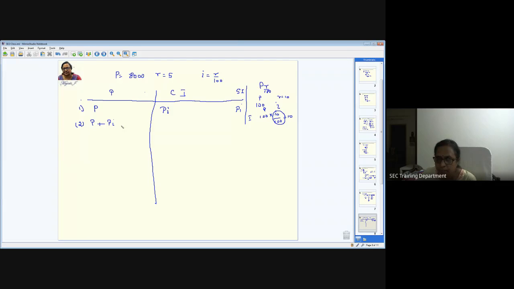So this again you have to calculate interest. As you know that for principal the interest is I. I is nothing but R by 100. So again the same thing for the principal, you get the interest, nothing but PI, and then for this, what is going to happen? PI into R by 100. That is again one more I. So this is going to be PI square. Is there any doubt in this? First year, and here there won't be any change. Simple interest is going to be the same, PI. We are not taking interest for this, whereas for the compound interest, for this also we are calculating. So therefore PI into one more I. Is that clear?